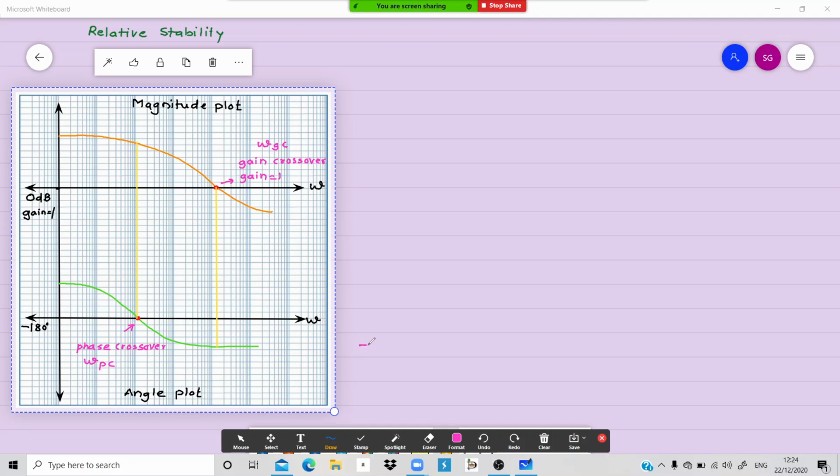That means if I am saying minus 220, let us say, so minus 220 minus 180. We do the calculation like this, so it is going to be negative. Correct? So at this point, when your gain is 1, whatever the gap is between the graph and the minus 180 line, this is called PM.